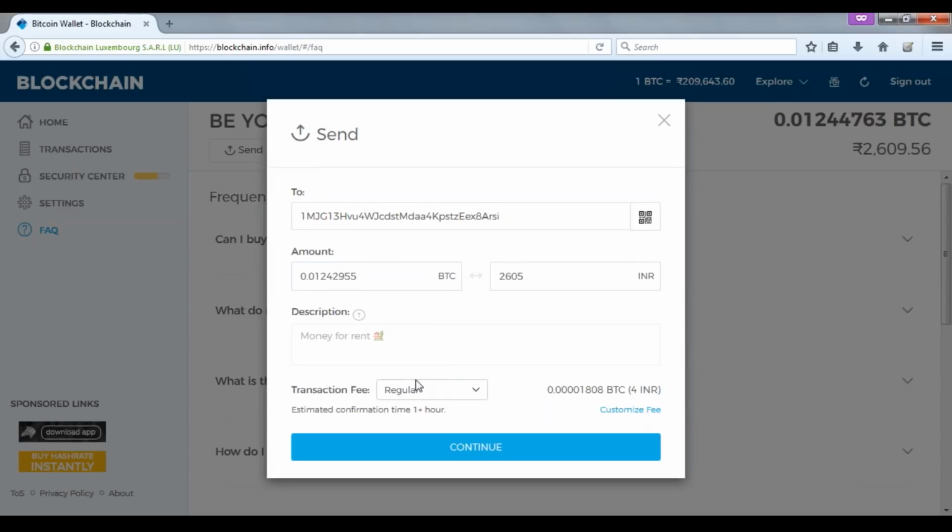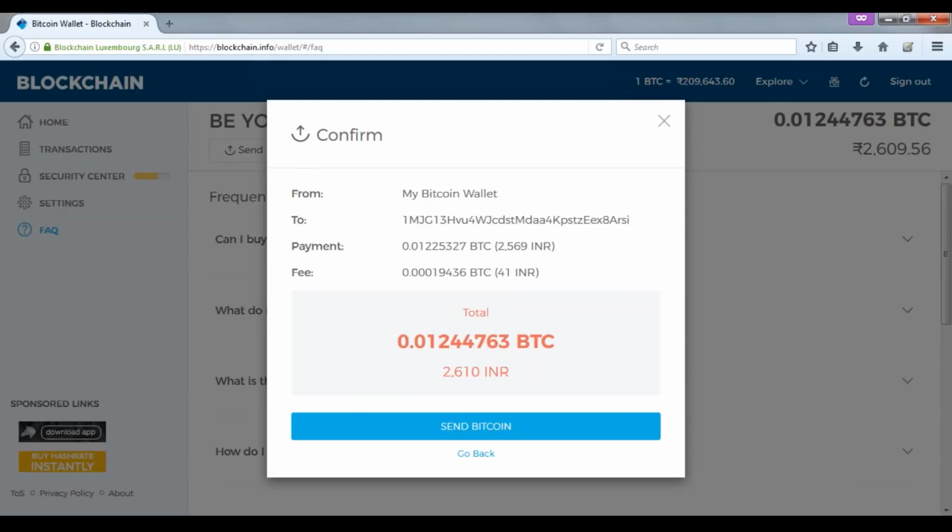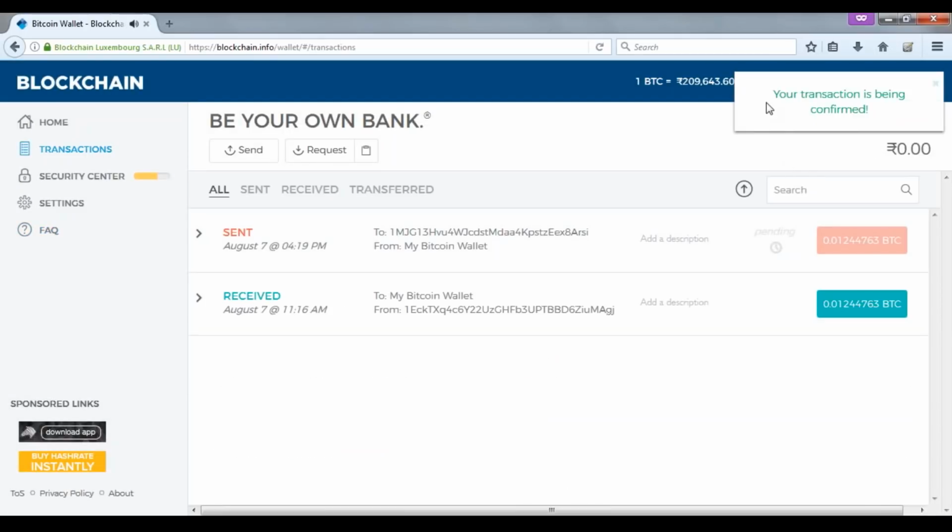Apart from this, let's say if you have to perform this transaction on a priority, then you have the option of setting it on priority. But that means I have to reset it, and then here you can see that the estimated time also changes. This gets confirmed between 0 to 60 minutes and takes a transaction fee of 41 rupees. So it's not much when I consider the standard transaction fees that banks take. So I'll set it on priority and initiate this transaction. Just click on send bitcoins and the transaction is being processed.